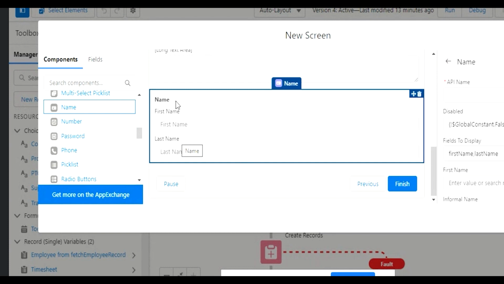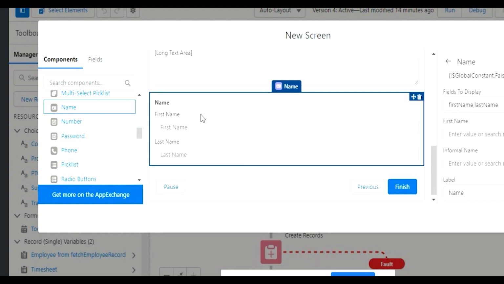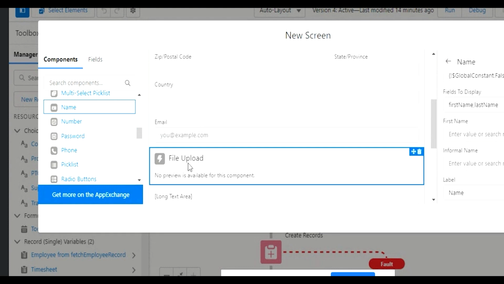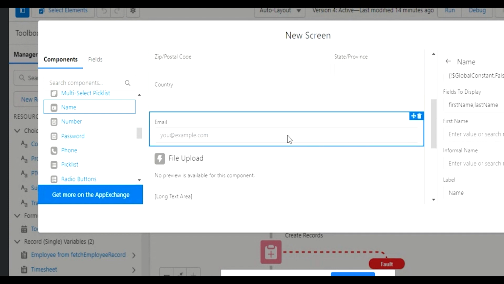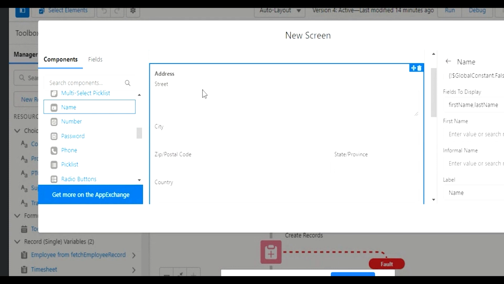So these are all predefined, and then we can use them by drag and drop, and pull the information here. Let's say in my screen, if I fill this, I want to create a new employee here. I can just drag the first name, last name, email, address, and long text area, and his resume. After that, if I'm done, in the next time you can use all these fields in your